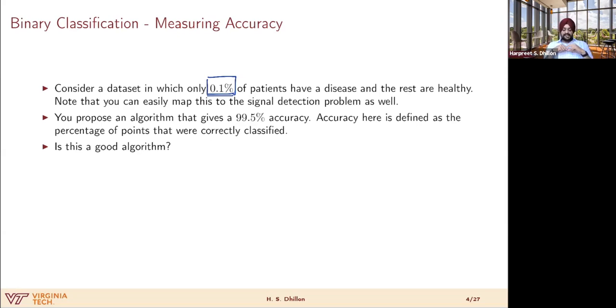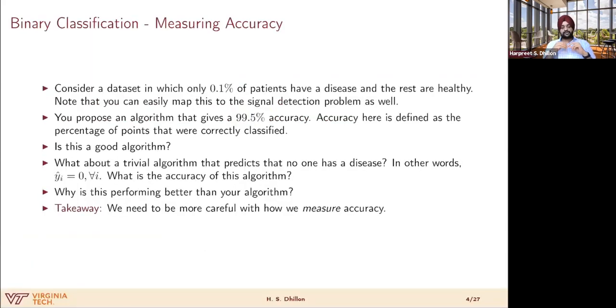Now, let's say that you learned machine learning recently and proposed an algorithm that gives a 99.5% accuracy, right? So 99.5% accuracy, which is pretty good. And accuracy we are defining as the percentage of points that were correctly classified, right? So you're making mistakes only 0.5% of the time. And you reasonably ask, is this a good algorithm, right? And in order to answer that,